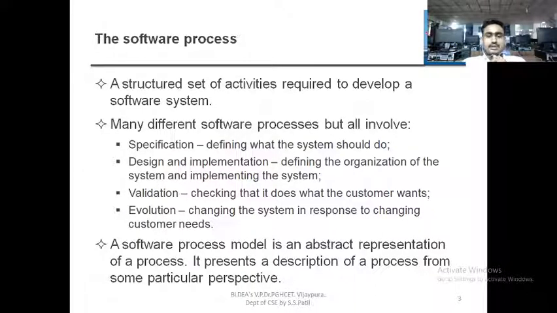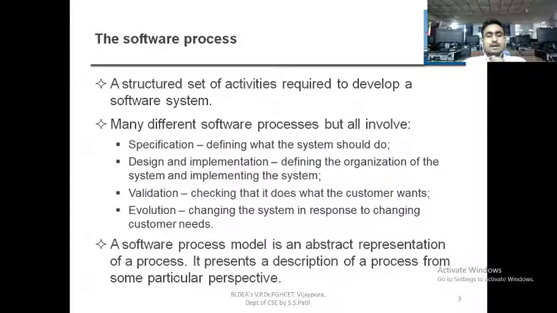Next comes the validation, which is nothing but the testing, testing what exactly the customer wants. When it comes to evolution, it is nothing but maintaining, and with respect to the changing needs of the customer, we have to maintain our software or application.